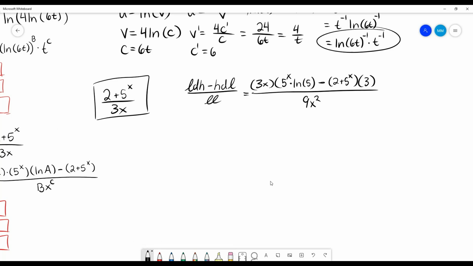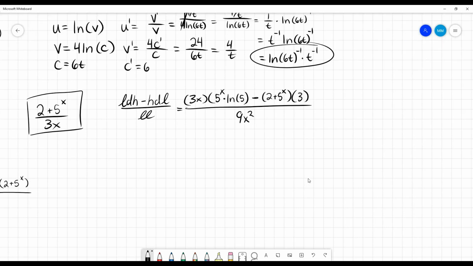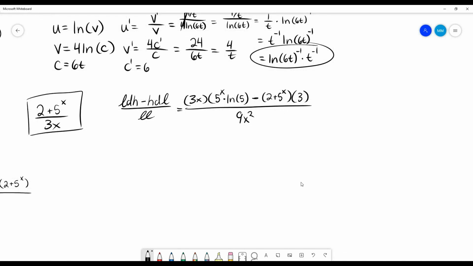And then we just want to simplify. So let's see. I see that I've got a 3 in both terms. I'm going to go ahead and pull that out. It's going to be 3